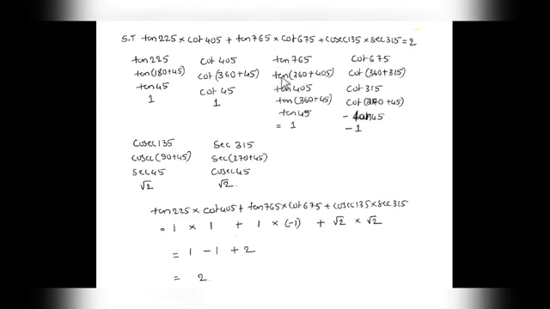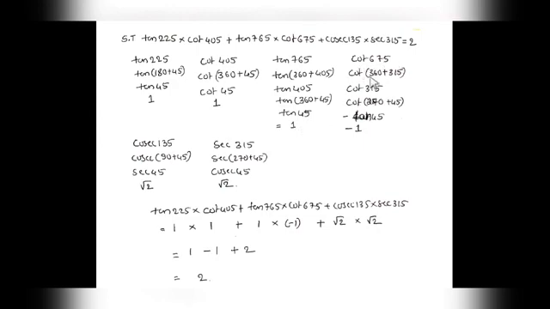Tan 765 can be written as tan 360 plus 405. 360 plus theta is in the first quadrant, all are positive, function doesn't change. So it will be tan 405. Tan 405 can be further split as tan 360 plus 45. Tan 360 plus 45 is in the first quadrant. In the first quadrant, all are positive, function doesn't change, therefore it will be tan of 45. Tan 45 is again 1.